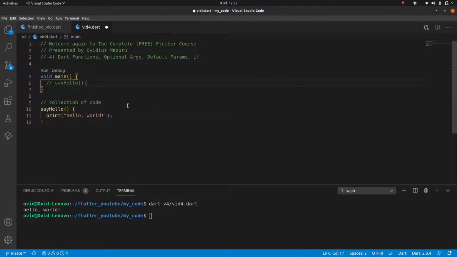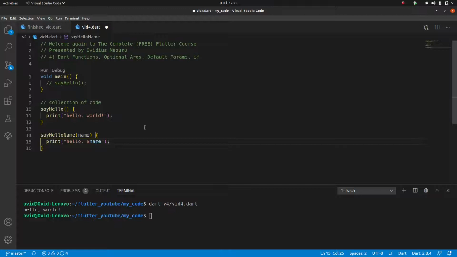Now we can also have functions with arguments or parameters. So an argument or a parameter is anything that goes right here in between the first brackets. And this is any kind of variable which we can use inside the function. So for example, I have sayHelloName, and I'm going to pass in the argument or the parameter, both are fine, name. And I can say print hello